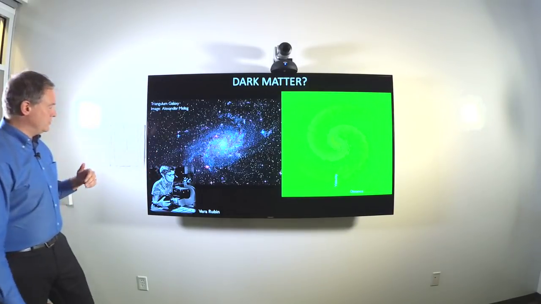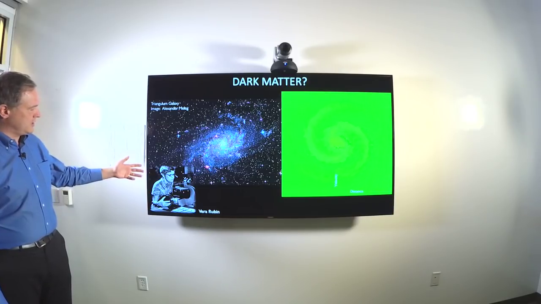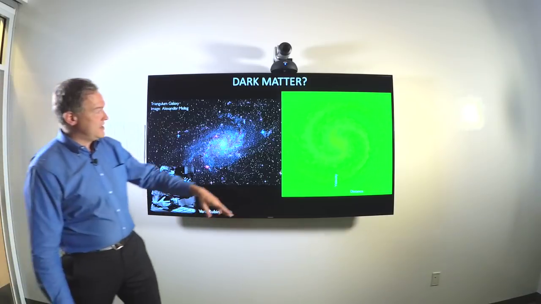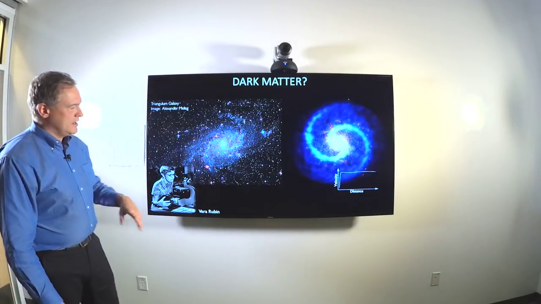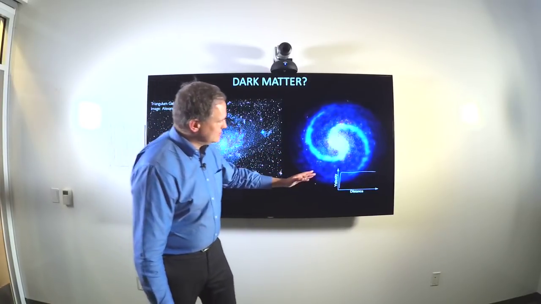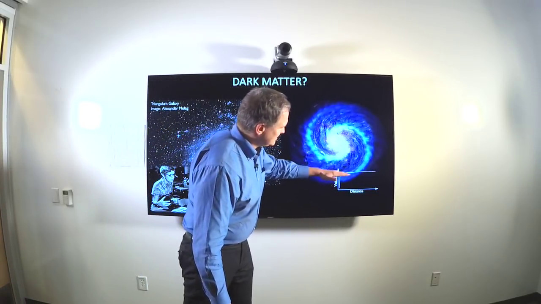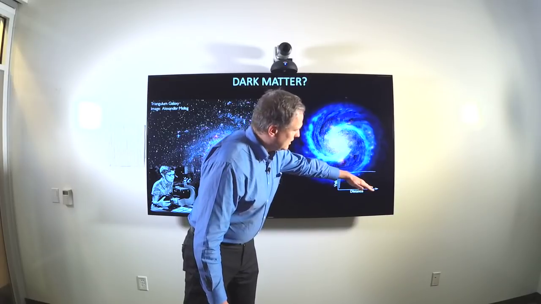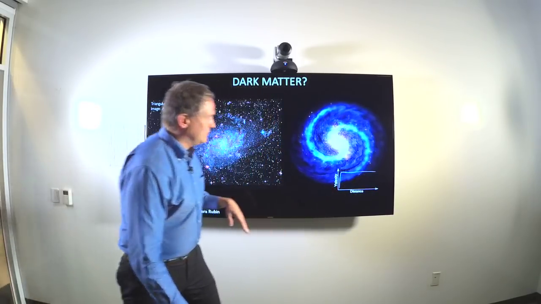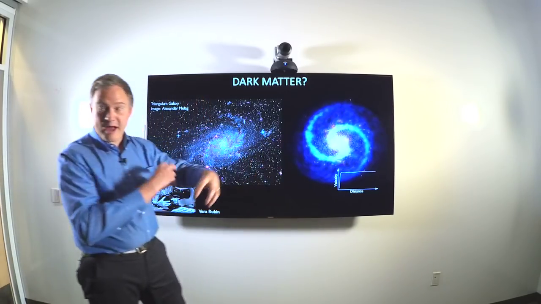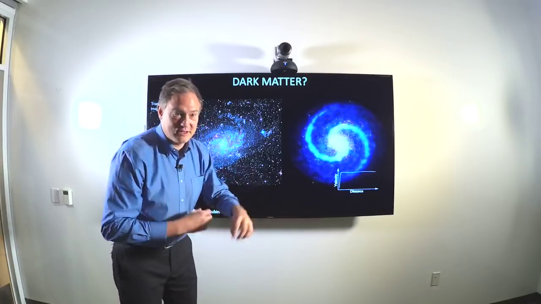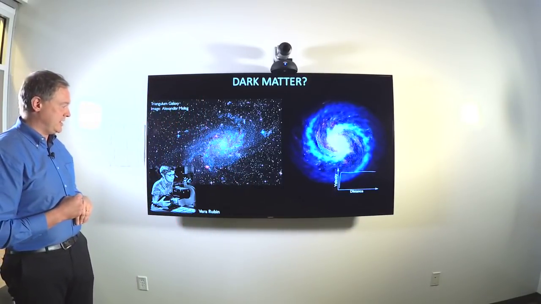So one piece of evidence is seen from looking at the rotation curves of galaxies. That is, if you look at the rate that galaxies are rotating and look at the velocity of stars as a function of distance, that is relatively flat at large distances instead of dropping to slower velocities as you go out further. And that's a sign that there's all this dark matter material holding the galaxy together and allowing those stars to move around quickly around the galaxy.